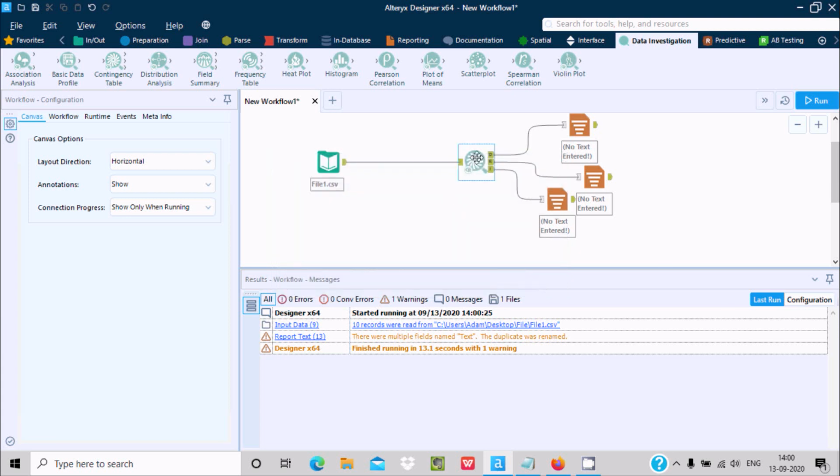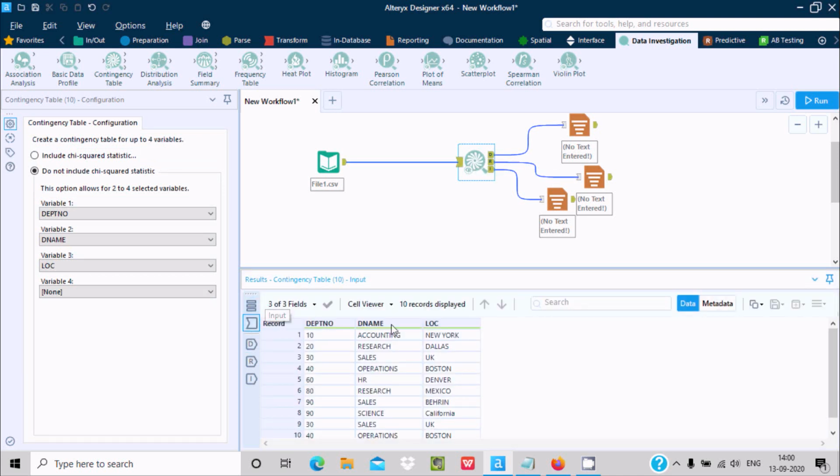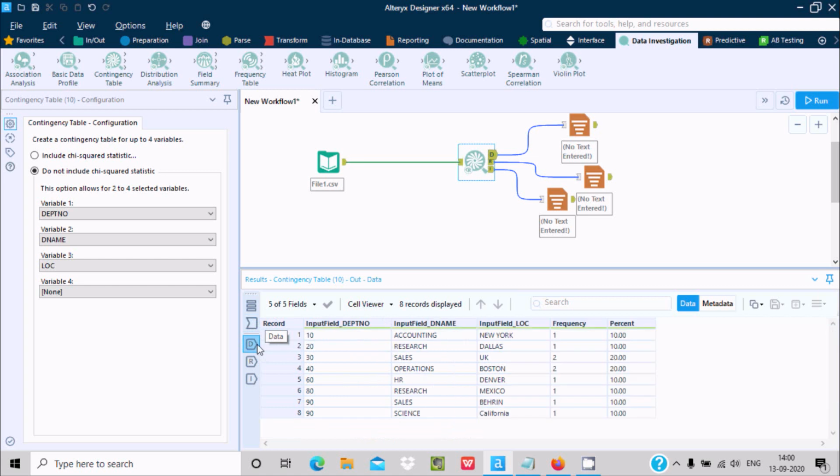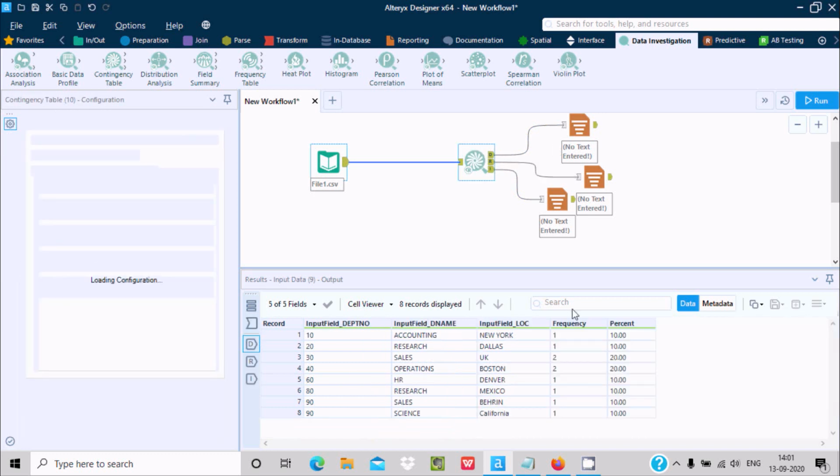Click on OK. Now you can check by clicking on the contingency table. Now you can see the input, and this is the data, and all these columns come from the input fields. Now the frequency is 2 times, because 40 in the source is duplicate.